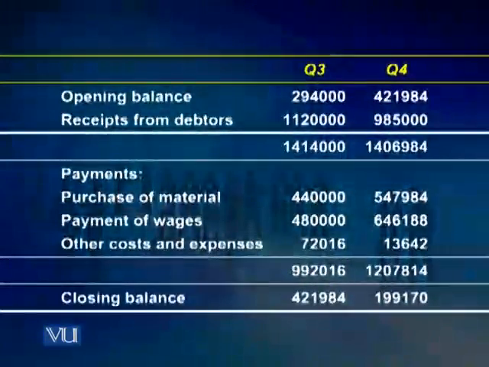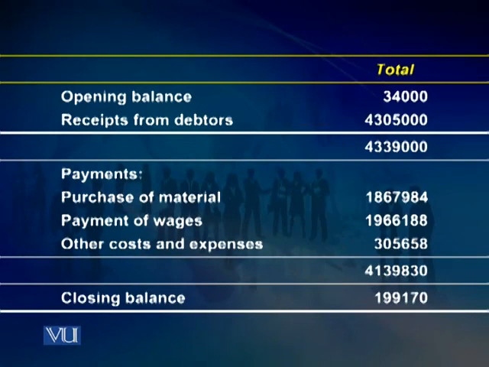And when the 4 quarters are put together, then we will find the cash flow for the entire period, in this case, the entire year. To add to that, after quarter 1 and quarter 2, quarter 3 and quarter 4, you will come to the total for the full year. Notice that the total for the full year as opening balance is going to show the opening balance of quarter 1. That's now the cash flow for the full year. The balance at the start of the year was that which is the balance at the start of quarter 1, 34,000. And now the total of receipts that can be added,